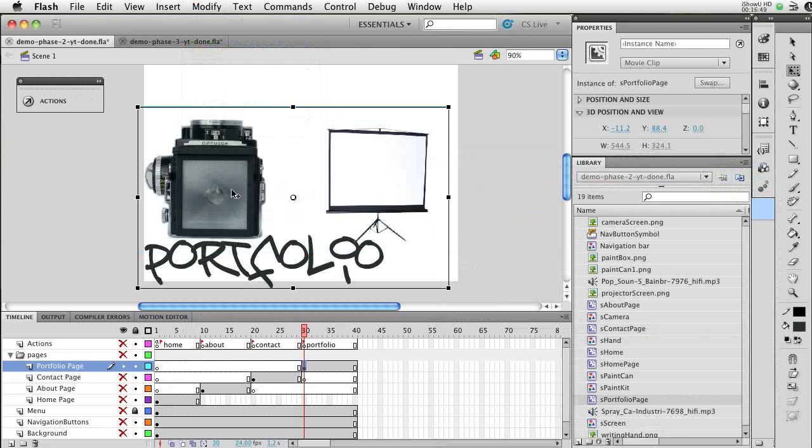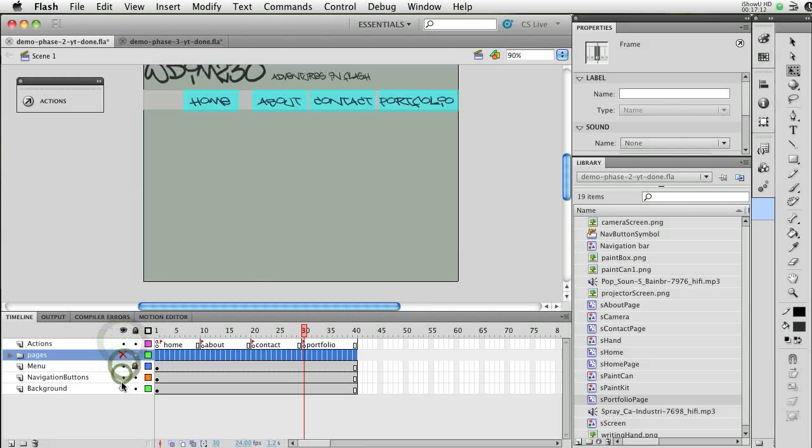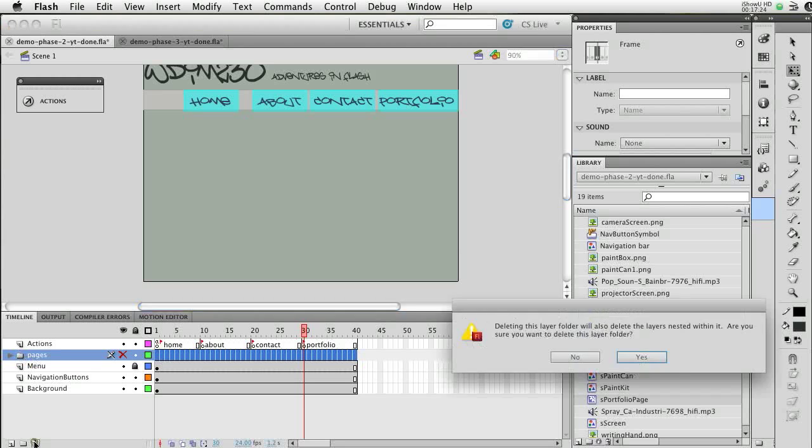So now I've created all of my individual page symbols. They now exist in my library and also on my layers that define the individual pages. Since I'm changing my navigation all around, I actually am going to hide this pages folder that contains all of my current pages, because I'm redoing all of that. So in fact I don't need it at all, so I'm going to select it and delete it. And I'm going to delete everything that's inside as well, because I'm recreating the navigation using a new